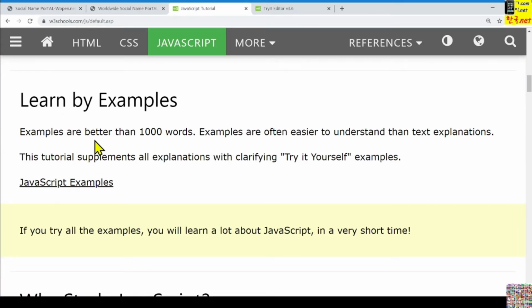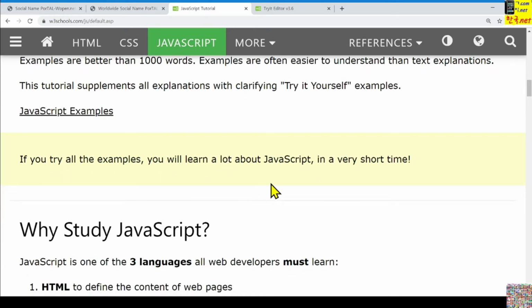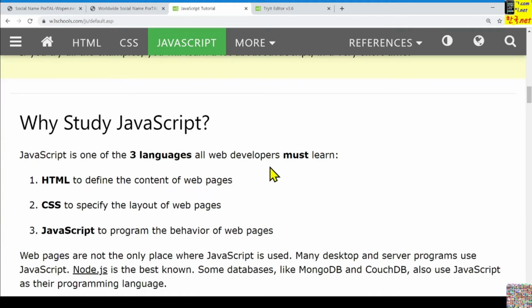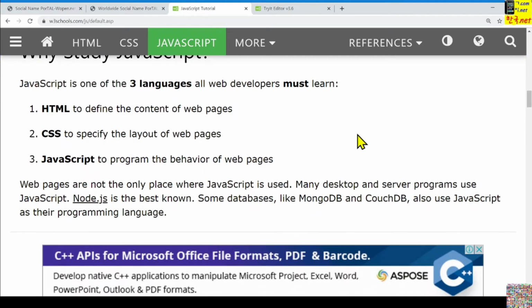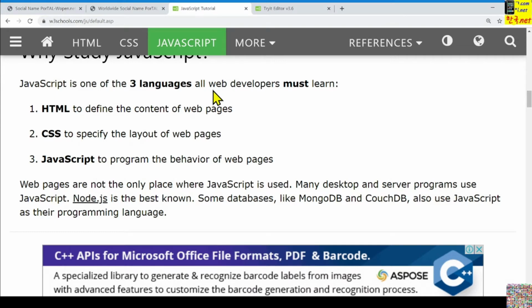This one is providing many examples. And also this one explains the reason why we are learning this JavaScript. JavaScript is one of the 3 languages all web developers must learn.